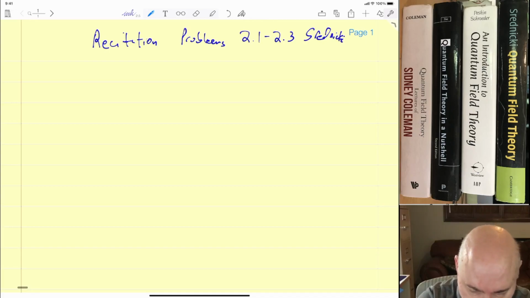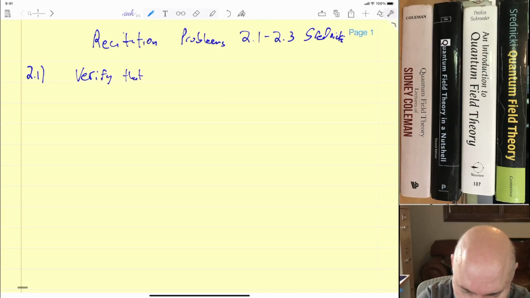Let's start with problem number 1, which asks you to verify that equation 2.3